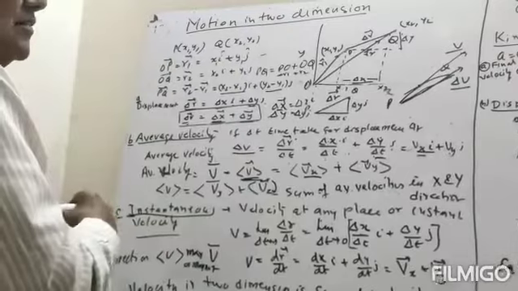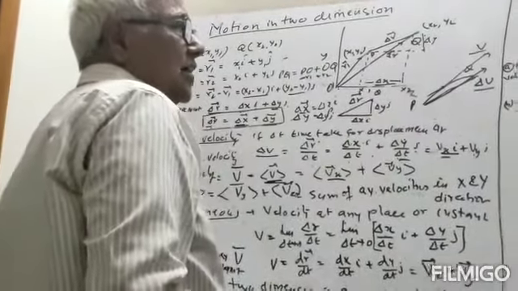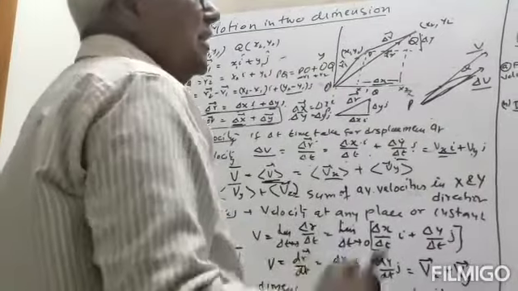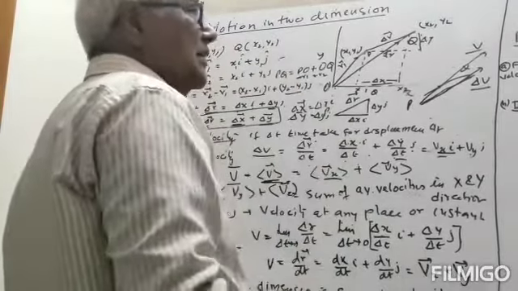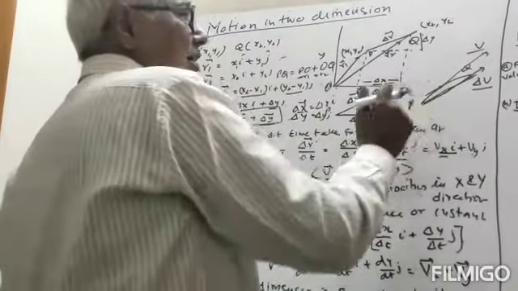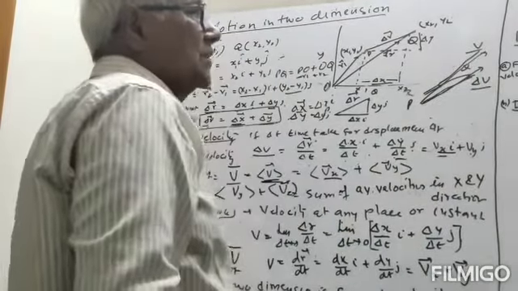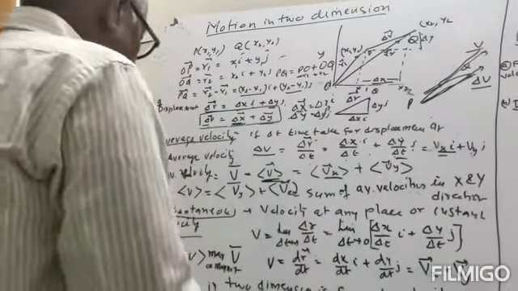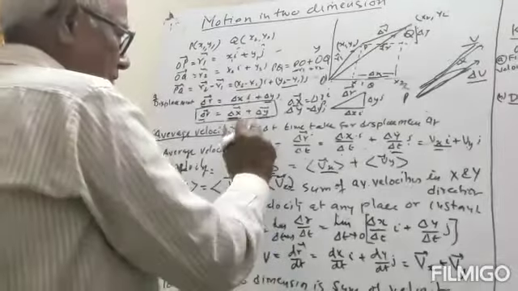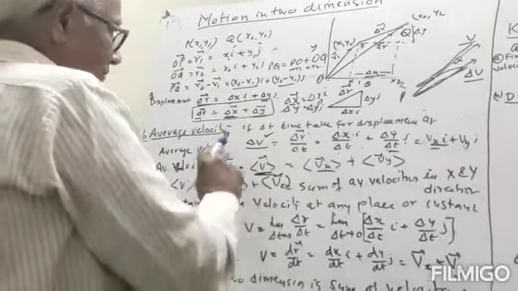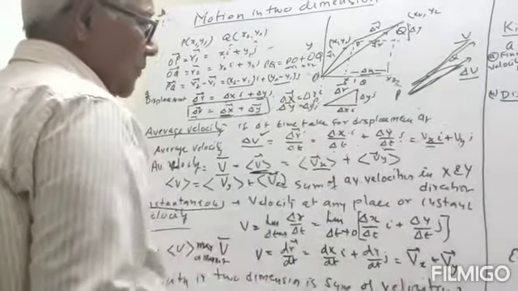So the direction of average velocity will be different and the direction of instantaneous velocity will be different. Instantaneous velocity at a point or at an instant, at some time or at some point, what happens there? Draw a tangent at that point. That will give you the direction of instantaneous velocity. So here we will take the limit delta t tends to 0. We take this point, and the average velocity will come closer here, so we will take the limit delta t tends